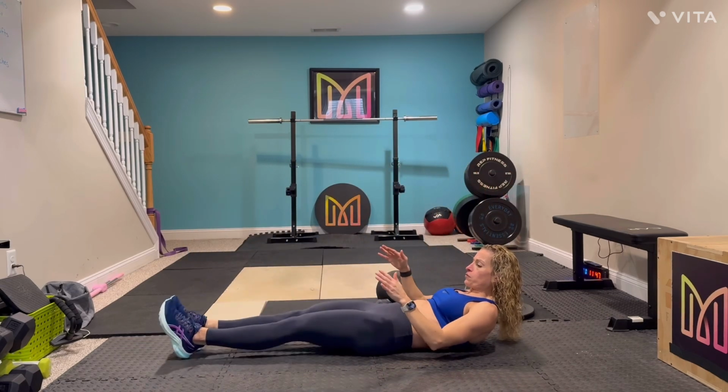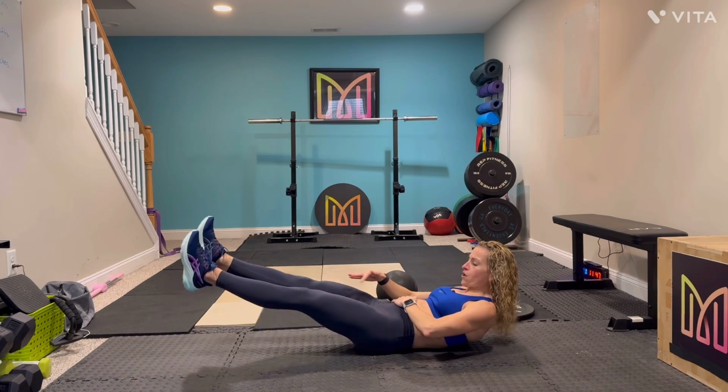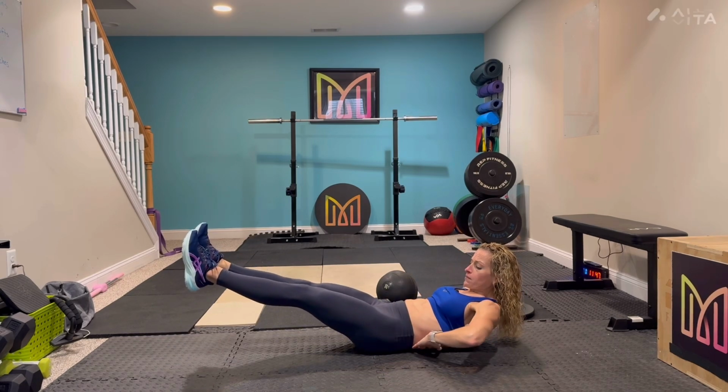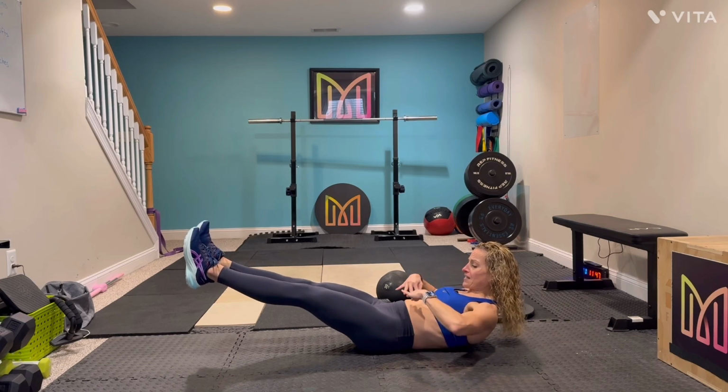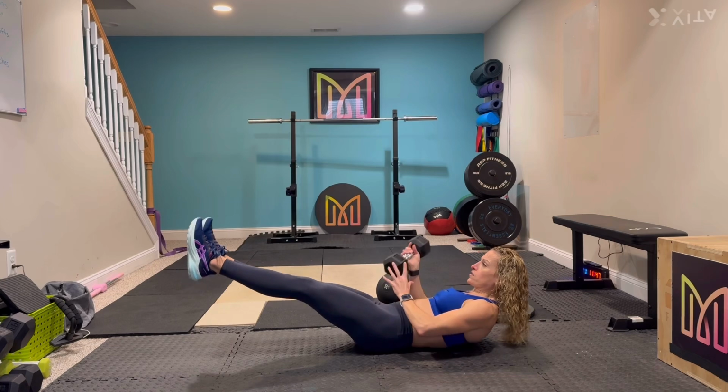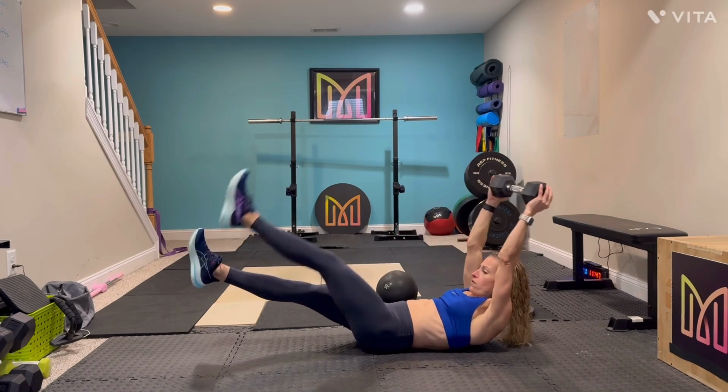But we're never putting our legs on the ground so that we keep that tension in our ab muscle. What we want to keep in mind is that we want to keep our back flat and dug into the ground so there's no space. Now, if you want, you can add some weight as well,